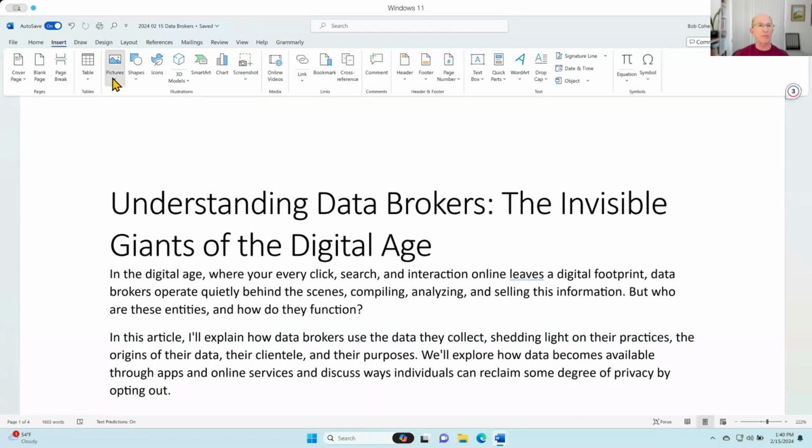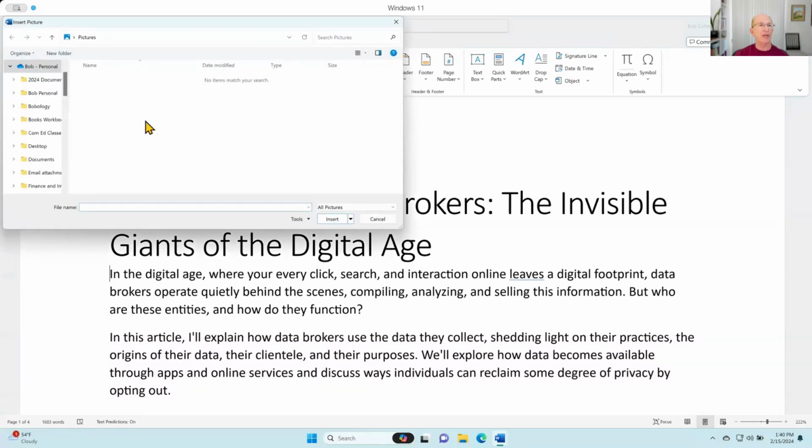So I'm going to go to Picture, and I'm going to try and insert a file that I have on my desktop. I don't know if you'll see it or not. I'm not sure if I can find it myself or not. So let's see if I can. No, I don't think I can find it there. So let's go back to